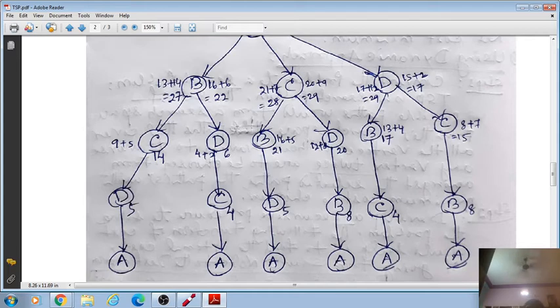Similarly, this is D. If it's the same path, they are like that. You have calculated the value. It is 29. The right side is 17. So among these, only 17. So you may choose A, D, C, B, A.